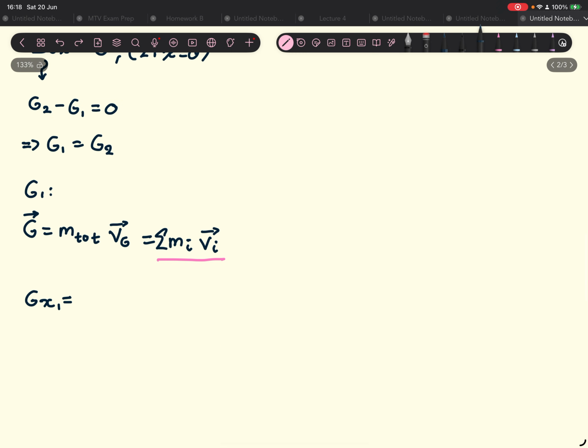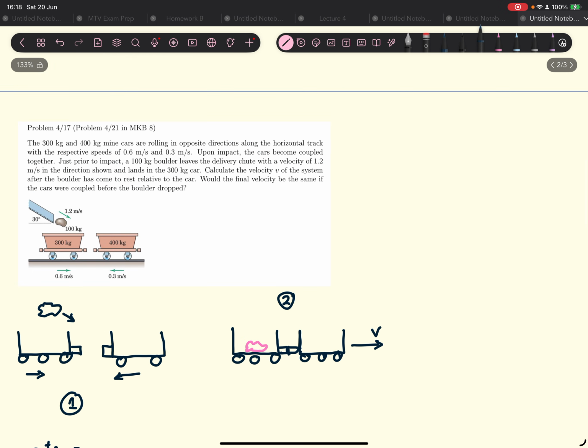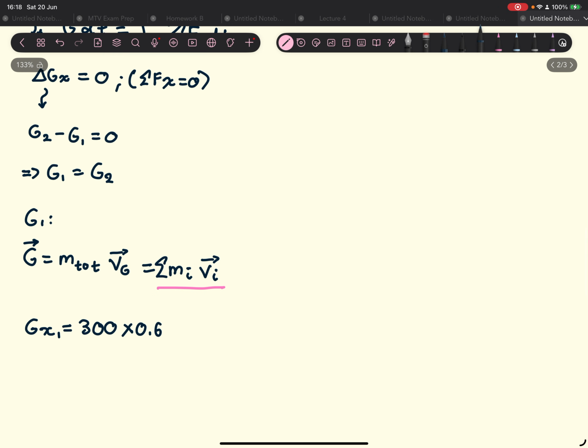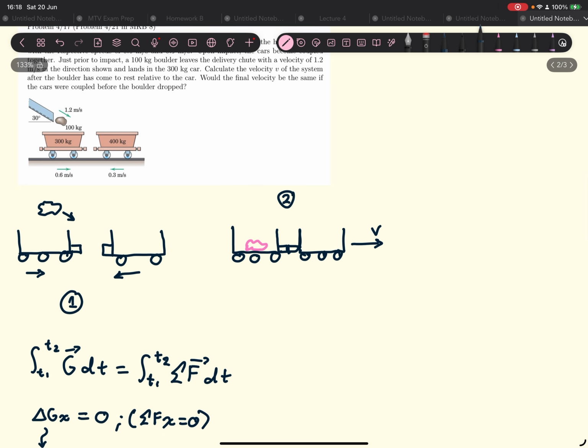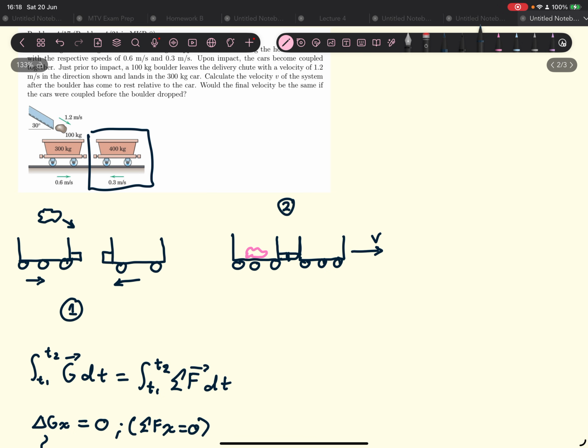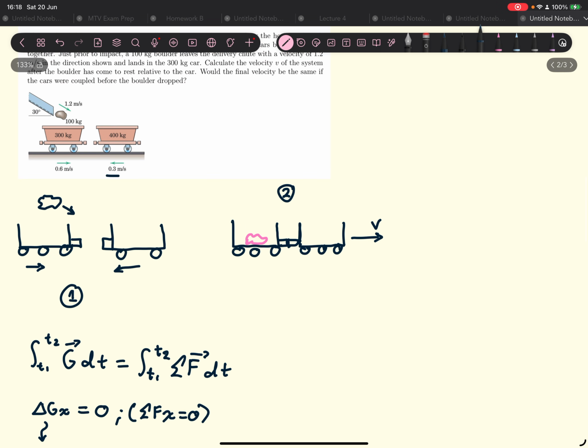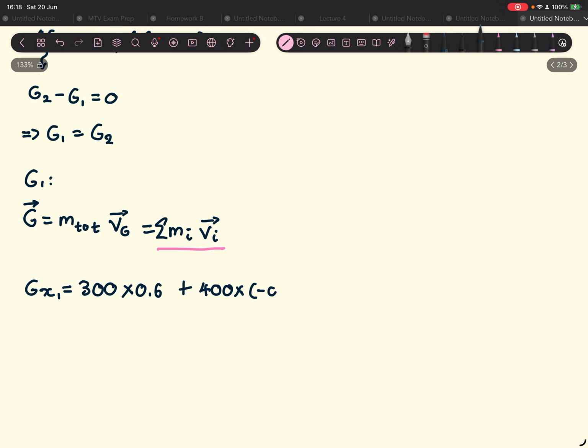So it's going to be 300 multiplied by 0.6. And then I'm going to add to that the momentum of mass 2, which is going to be 400 times negative 0.3. So we also have to consider the direction in which it's going, so negative 0.3, then plus